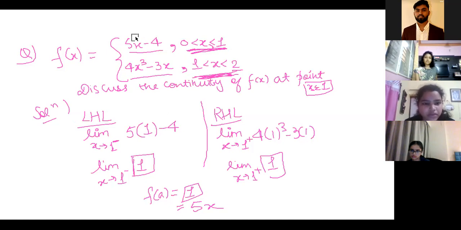Okay, wait 1 minute. मैंने कुछ गड़बड़ कर दी, 1 minute. Okay. So मैं ये कह रही थी,